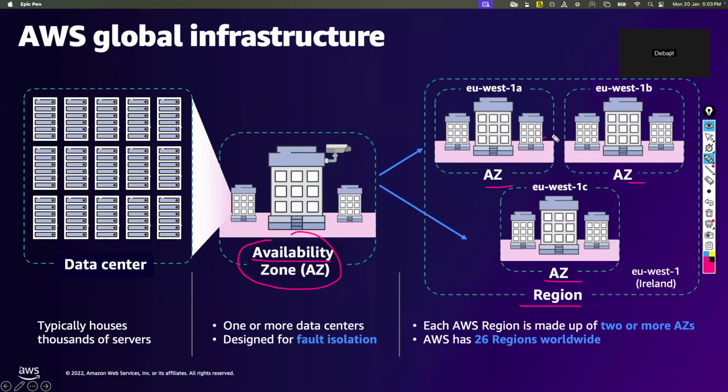Correct? And all of those data centers are connected to each other for high availability. For example, let's say some natural calamity comes, or some bad thing happens to a particular region. Then other regions are there to take the failover, right? So that is the most important thing for any enterprise customer, for any customer these days.